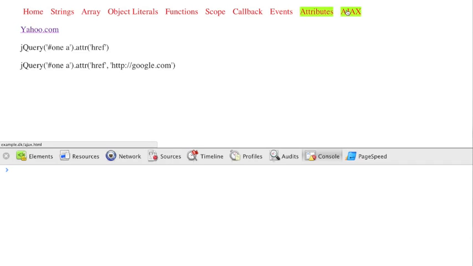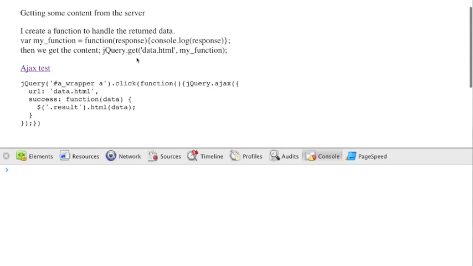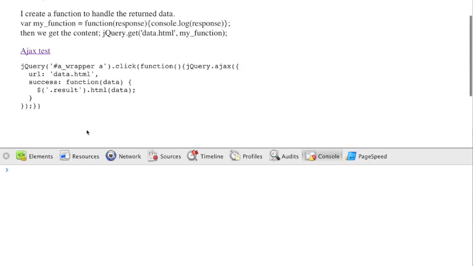Now Ajax. So with Ajax, you can get some content from the server. I created a function to handle the return data. So my function is a function response console.log response, and then get the content. And we get the content and pass the function, so that function will run. To give you an example,